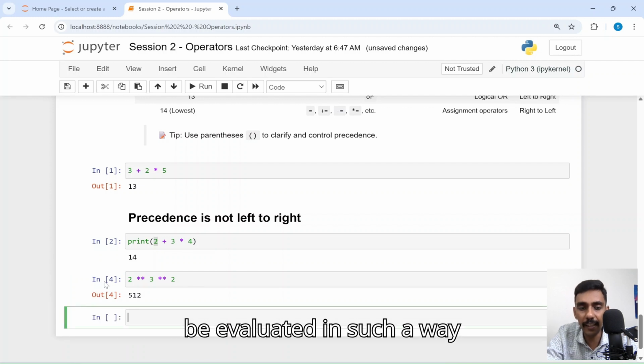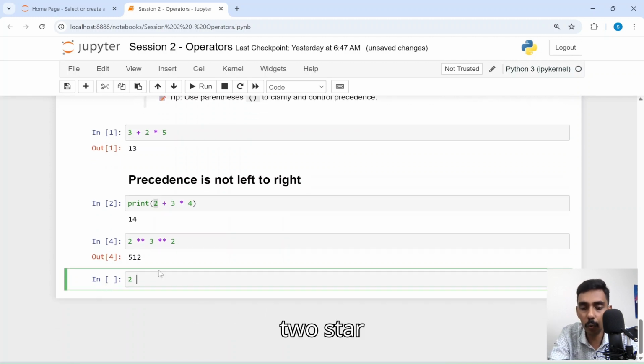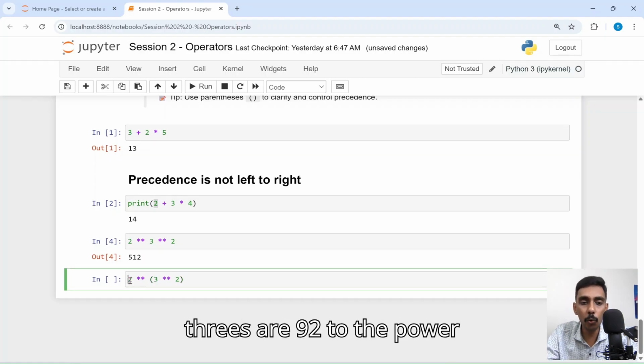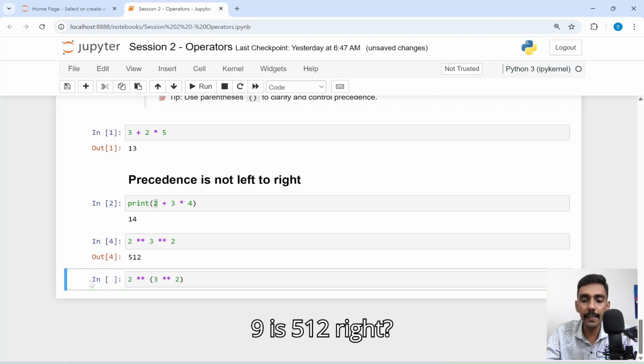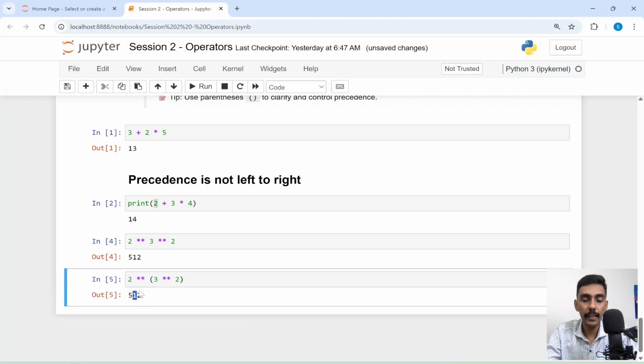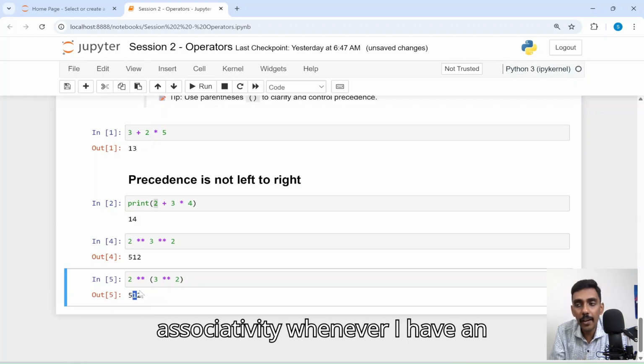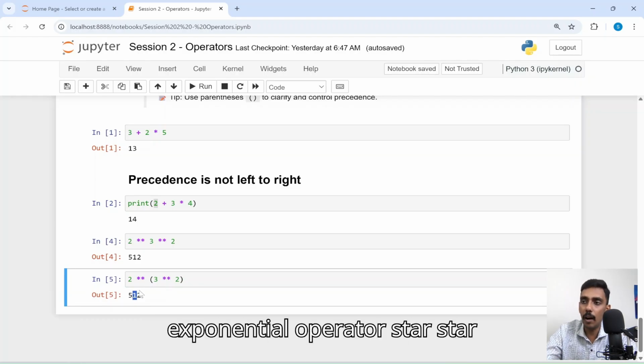This will be evaluated in such a way: 2 star star 3 star star 2. Therefore 3 square is 9, 3 3s are 9, 2 to the power 9 is 512. That's where I say right to left associativity whenever I have an exponential operator,